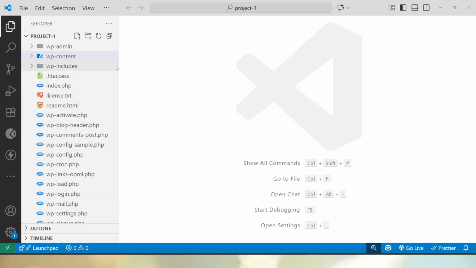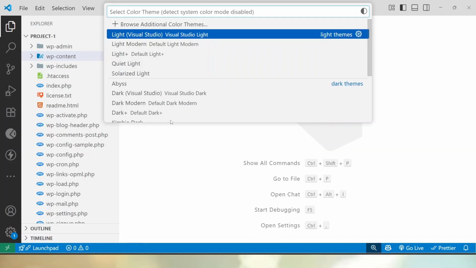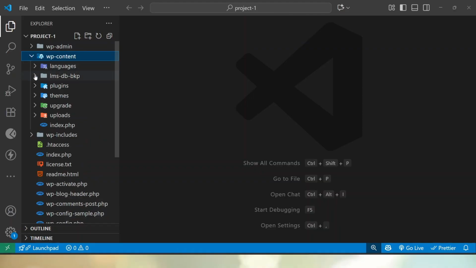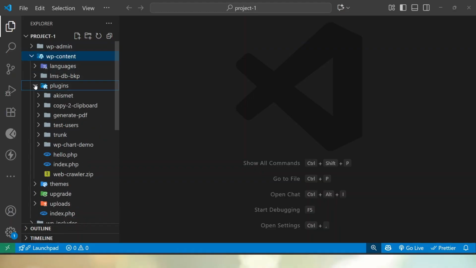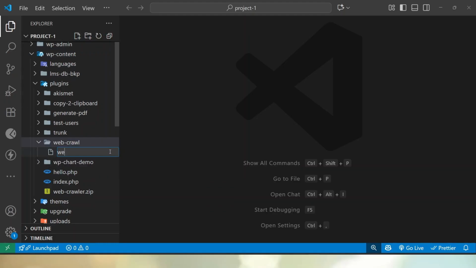One more thing, let's make this editor dark theme mode. Click on settings, then choose themes, then color themes. Here we have the option Visual Studio Dark. Click on this option and now we have dark mode enabled. Now let's go to wp-content, then plugins, because we have to create a custom plugin for web crawl. Inside this plugins folder, let's create our plugin folder first, and I'll call it web crawl. Now inside this web crawl folder, let's create the plugin main file,